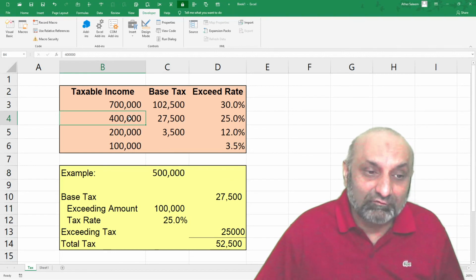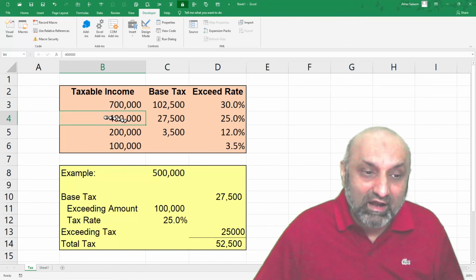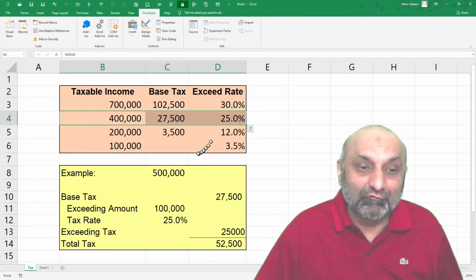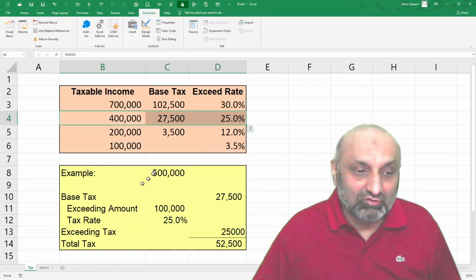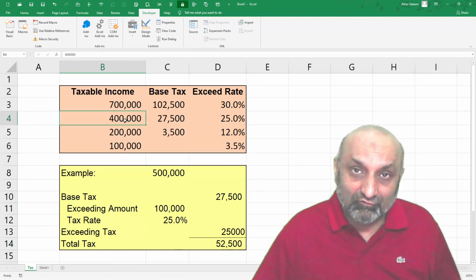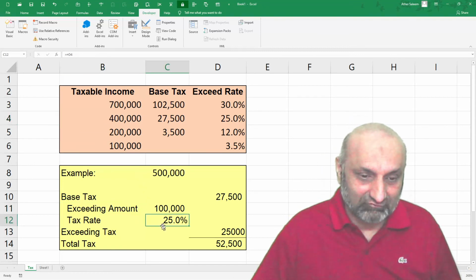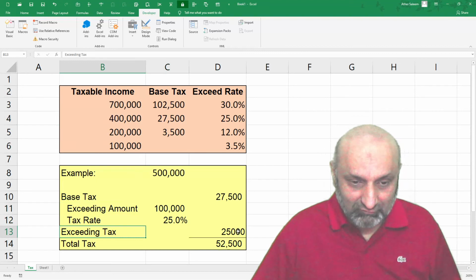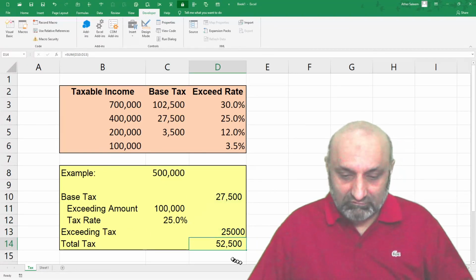It falls above 400,000 but less than 700,000. So I am going to choose this slab, 27,525%. My base tax would be 27,500, and the exceeding amount from 400,000 is 100,000, and the tax rate is 25%. So the exceeding tax would be 25,000 and the total tax would be 52,500.